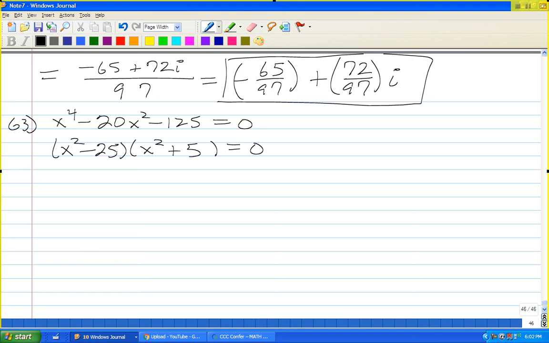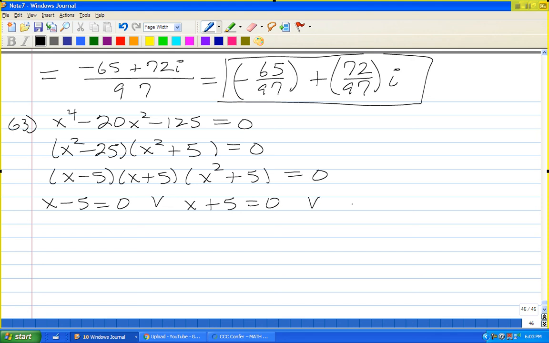I can factor. x squared minus 25 is just the special product formula: x minus 5, x plus 5. I can't factor the sum of squares over the reals. So by the zero factor property, I set each factor to 0 and solve for x. So adding 5, subtracting 5, subtracting 5, I get x is equal to 5,